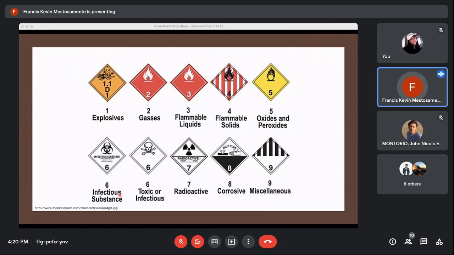So these are medical substances that are, from the word itself, infectious, and we need